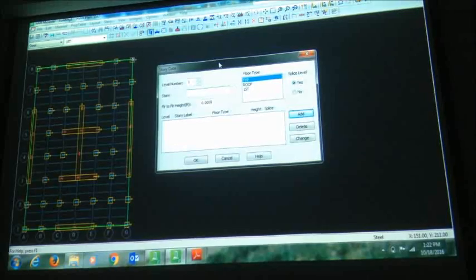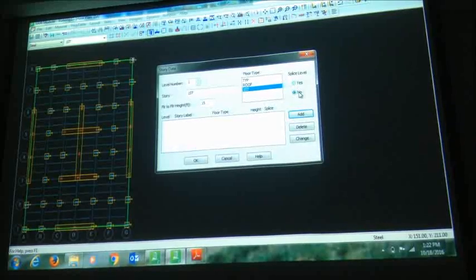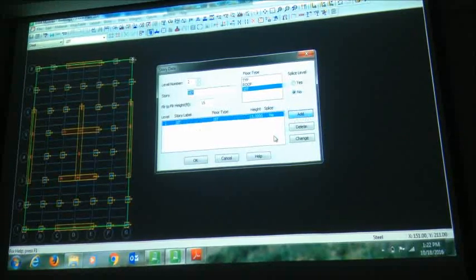Okay, first floor. I'll just say first, and type of floor is this one. And I'm saying that first floor, usually we have a bit higher, larger depth, or deeper first floor, 15 feet, floor to floor height, and we'll just say add. Second floor becomes second, and that is a typical floor. And that is 12 feet usually. Add. Third,